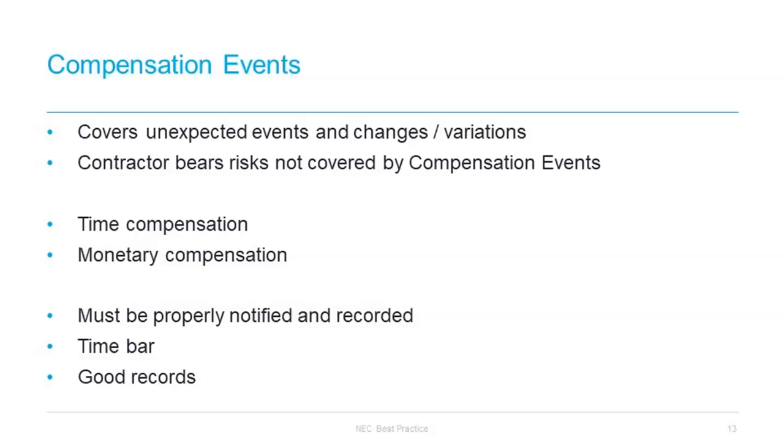Clause 63.5 sets out the impact of early warning notices on the assessment of compensation events. If an early warning notice was not given timeously, then the project manager will alert the contractor to this in the event of a compensation event being notified. And when it comes to the assessment of that event, the project manager assesses the compensation event as if the early warning notice had been given.